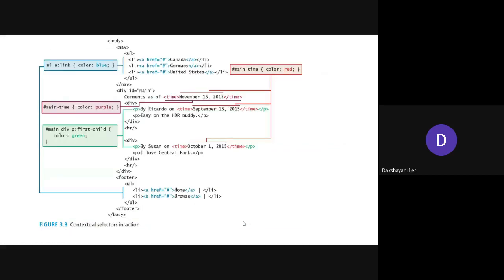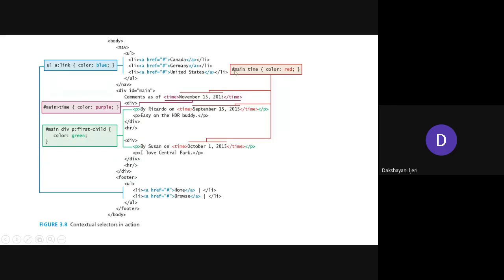I have not created the file. Instead, you can try it on your own. Right. So you can see here this entire code. How is it going to appear here? You can see here UL has been used, which is a parent element, and followed by that the anchor link has been used, right? That means all these A elements under the UL have to be applied with this color. So under the UL, all these A elements appear in this color, right?